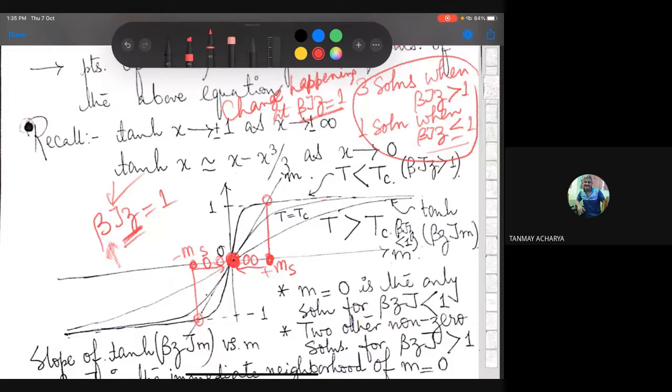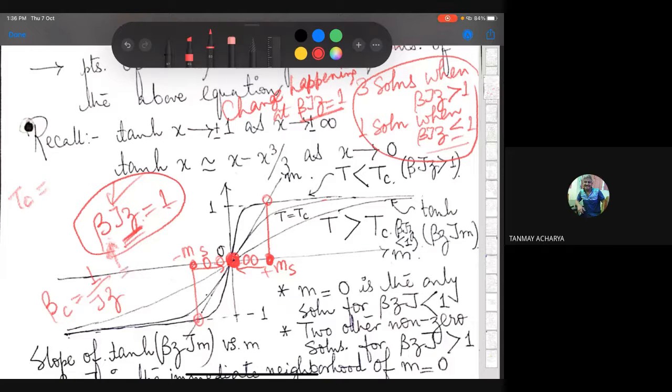Yes, sir. So beta jz equal to 1 marks a very specific temperature, or beta c. Beta jz equal to 1 is an equation. If you solve it, you get beta c equal to 1 by jz. This is a very specific temperature on either side of which you see a different behavior. So beta c is equal to 1 by jz, that means your Tc,